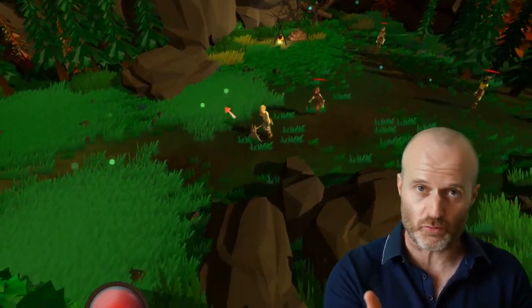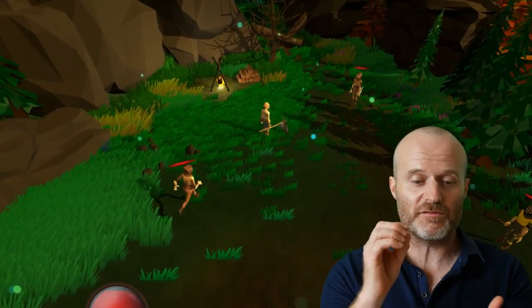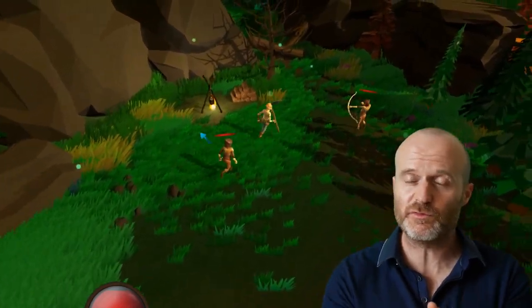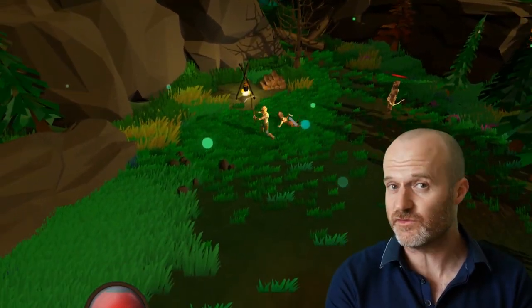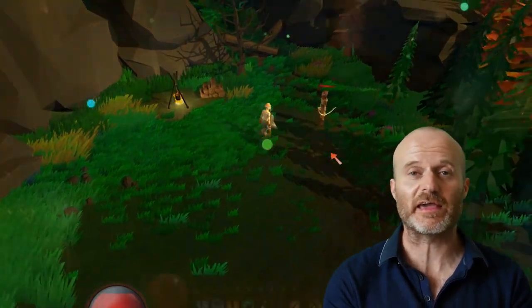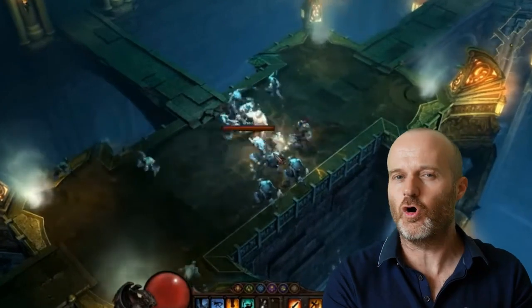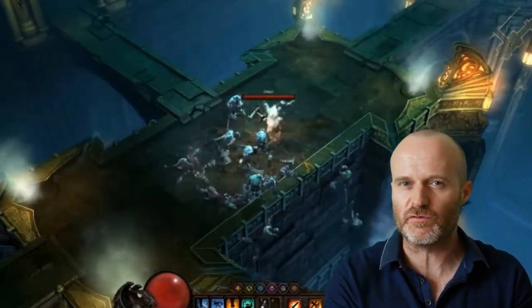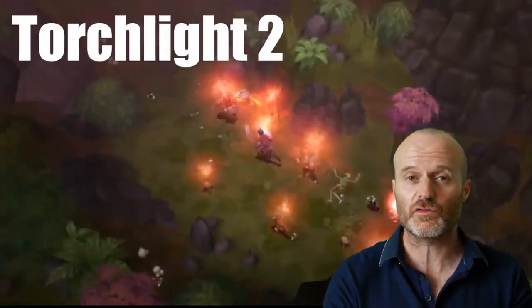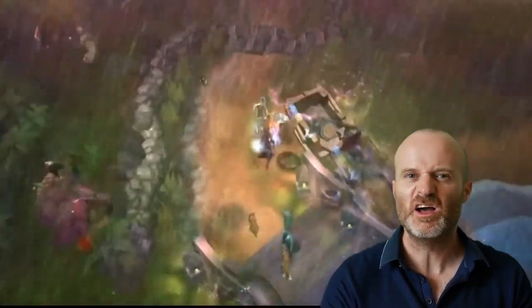If you're familiar with that, great. If not, no worries. We have a fixed camera that moves with the player and a click to move system, similar to games like Diablo 3, which has this really rich dive in, battle a whole bunch of enemies and immersive world. A game like Torchlight 2, we took a lot of inspiration from the look of the world,